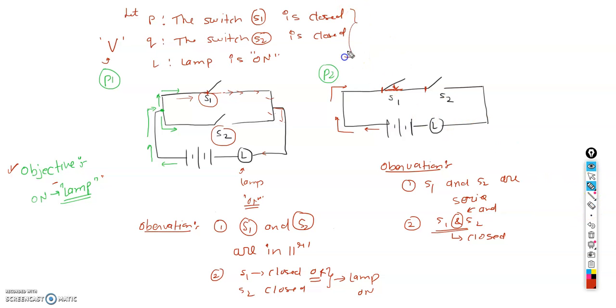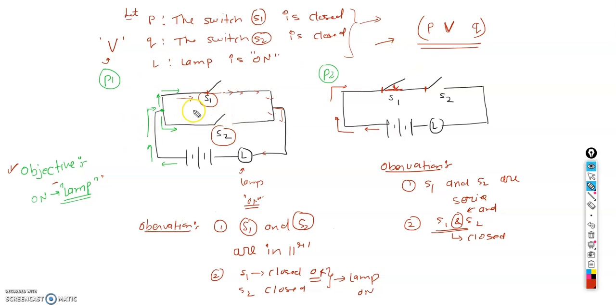So now for this final output, the symbolic representation: we have one P, that is S1, and another Q, and these two switches are connected in parallel, so we have to use the mathematical operator, that is the OR operator. So this is a symbolic representation of this circuit. How can we read it? We have two switches. One switch is P and the other is Q. As I already assumed, P is S1 and Q is S2. So this is the symbolic representation of the given circuit.